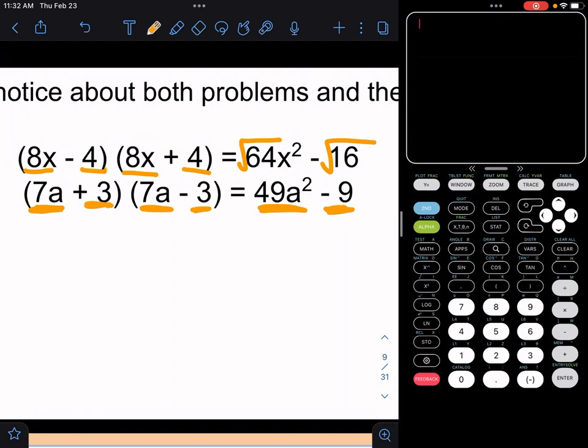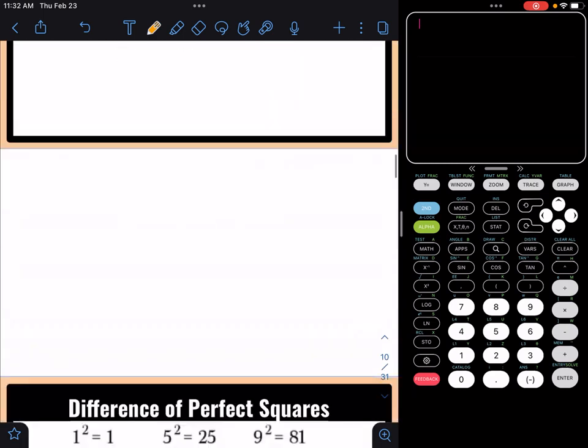I don't have to worry about those middle terms because, as we've seen in both of them, when you multiply the middle terms, they end up just canceling out. Because one would be the negative version of the same number and one would be the positive version. Alrighty,